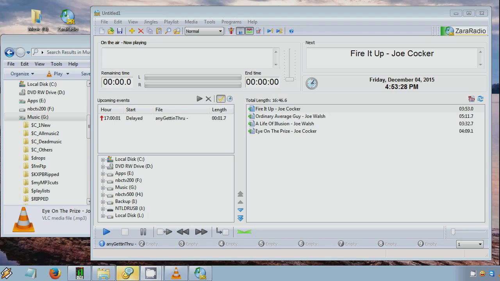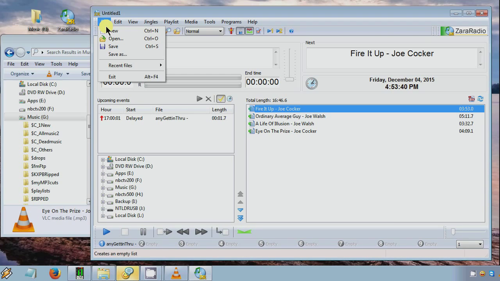Now that we have created a playlist, we better save it just in case the power goes out or the computer pukes or the program crashes, which doesn't happen very often. There's a nice stable program here. So we are going to